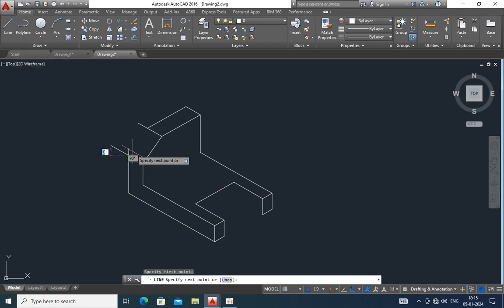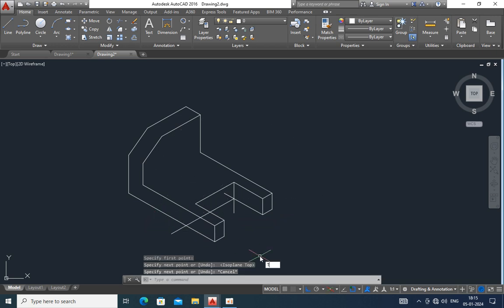Again line command choose. This line or this line is connected. This line is deleted. Also this line is deleted. Now again line command choose. Downward direction line extended. This line extended. Again this line extended. Line command choose. Unwanted line is trimmed. So trim command use. Deleted. This line also deleted.